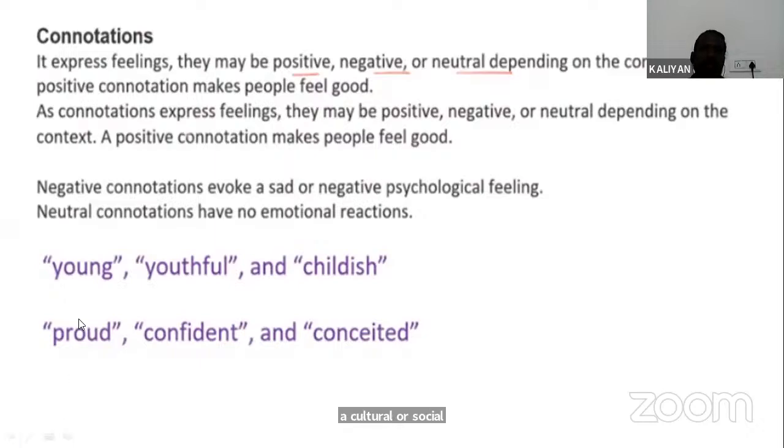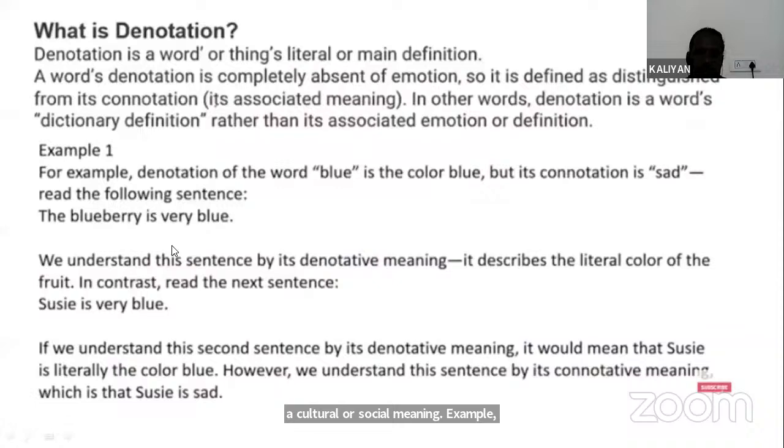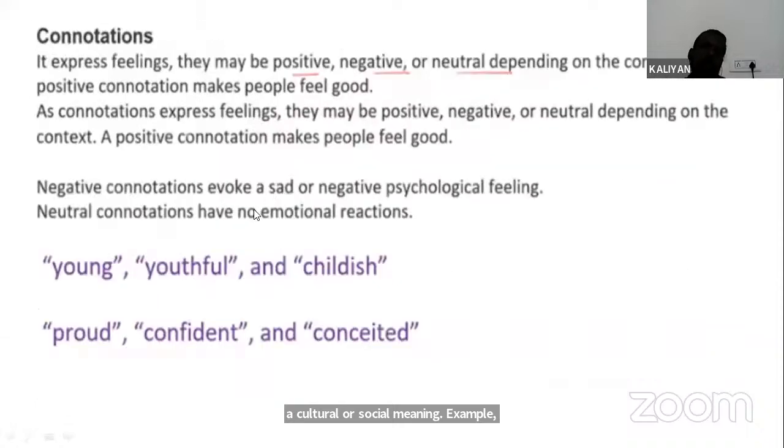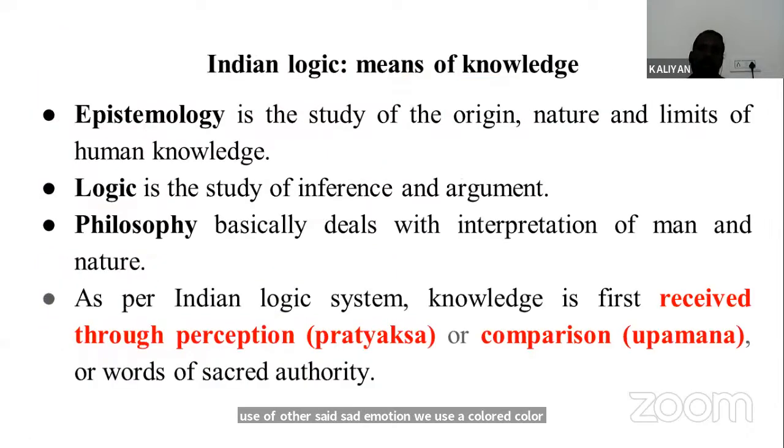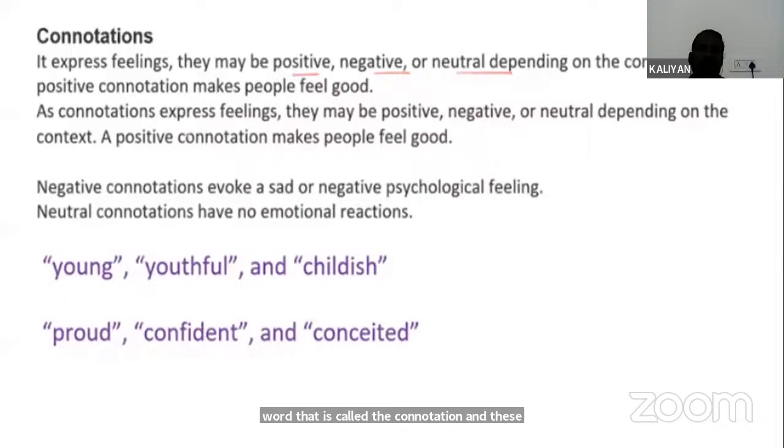Here is an example, also blue. Blue is a color in the denotation, I mean the dictionary meaning, but we also use it for the sad emotion. We use the color word that way, and that is called connotation. And these are the different types of